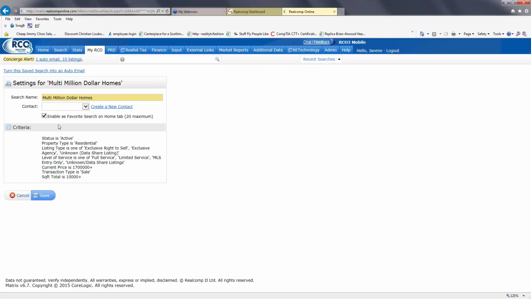If I decide to remove it from my home page but want to keep it in my Save Searches, I can uncheck my Favorite Searches tab here, resave it, and it will stay in my Save Searches but remove it from the home page. I also, when I find a customer for these multi-million-dollar homes,